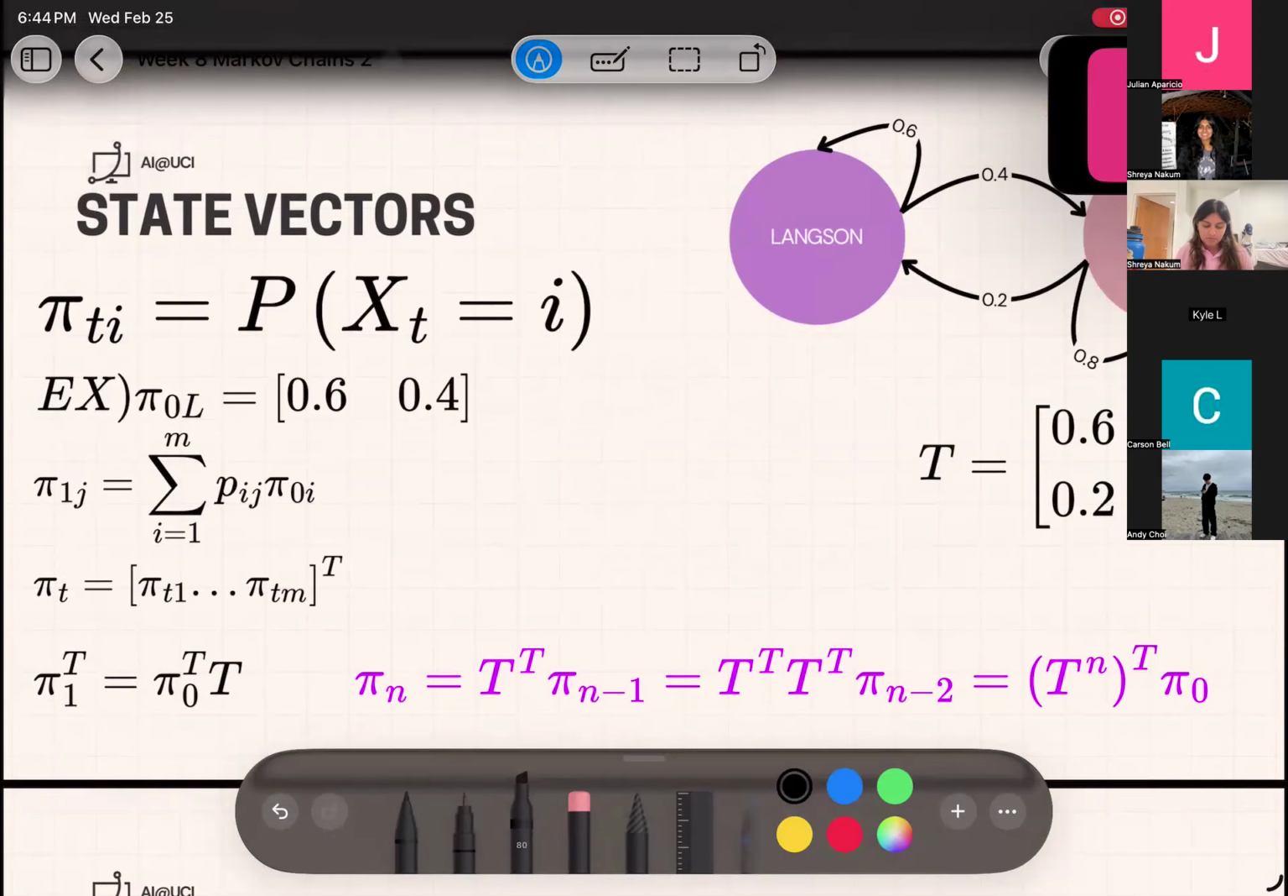State vectors. As scary as this seems, what state vectors are is just, for some time, the probabilities attached to that time that you're going to be at some other state. So this is saying at time step 0,